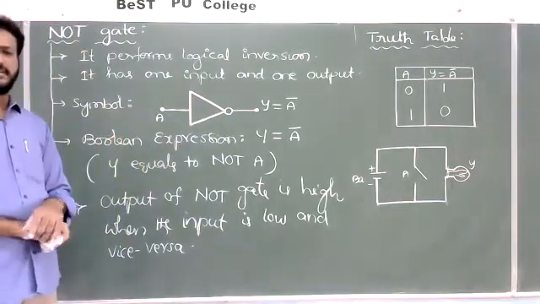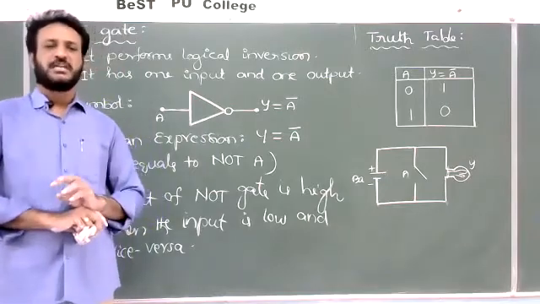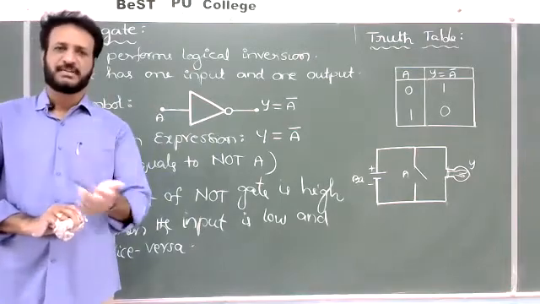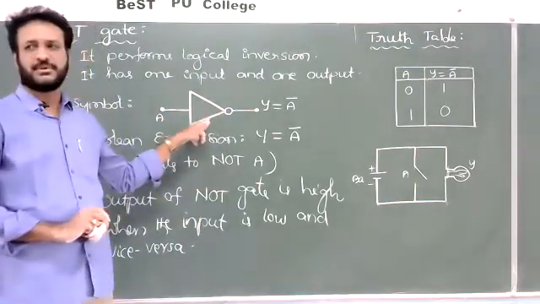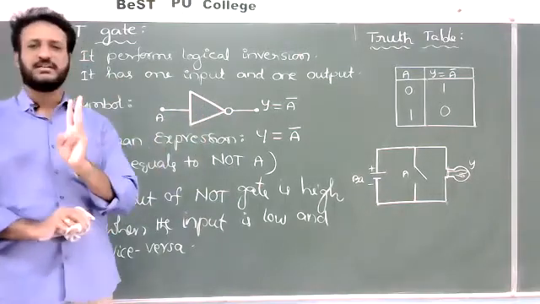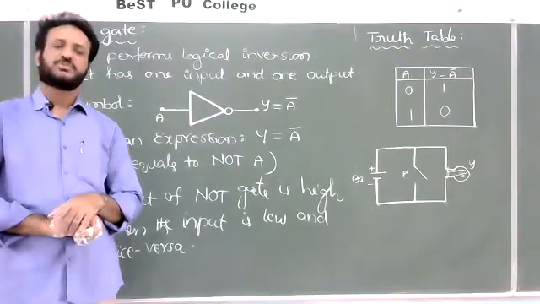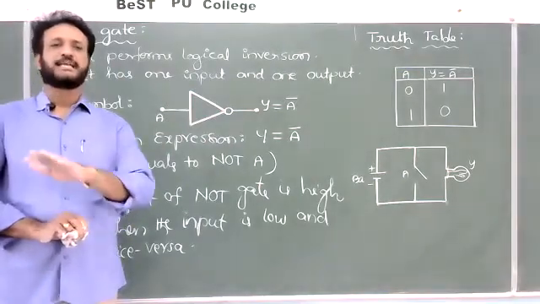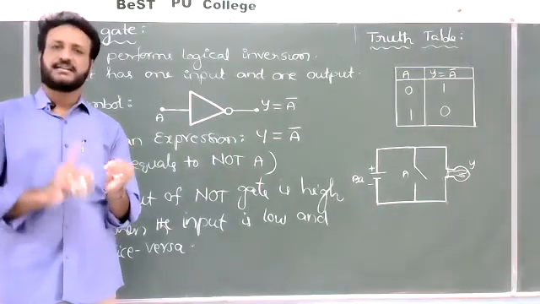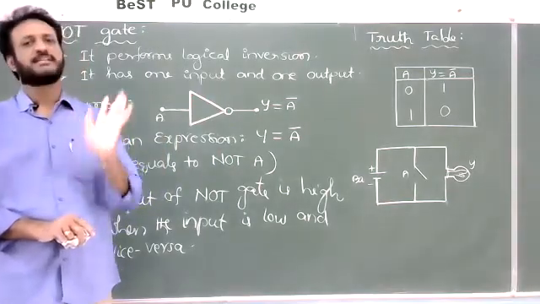So in total, whenever any particular input is given, if you want to make it exactly inverse, or if you want to make its complement, what do you have to do? We have to use one NOT gate. That's very important. So these three are called basic logic gates. Sometimes a 1 mark or 2 marks question will be asked: write the basic logic gates. AND gate, OR gate, and NOT gate. These three only are called basic logic gates.